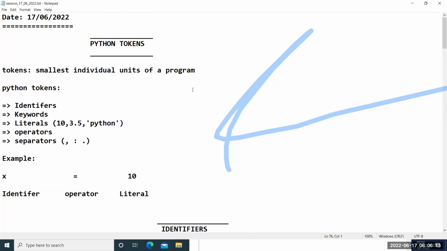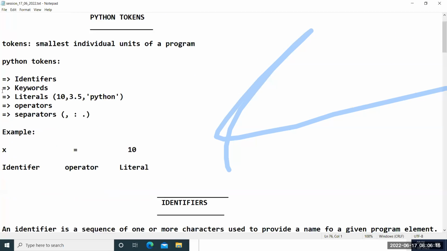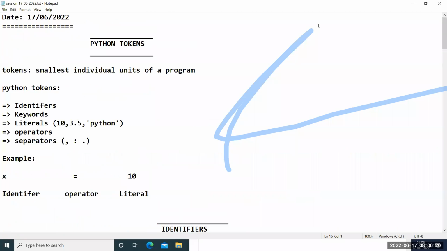I hope this session is clear. Now we are going to talk about the remaining topics in the coming sessions. Understood? So that's about